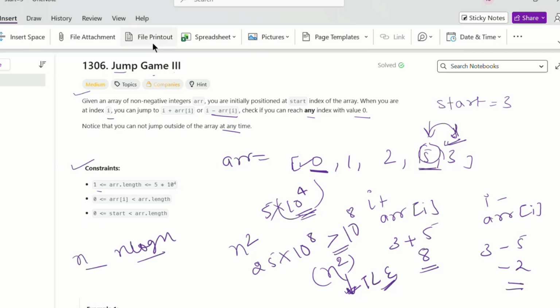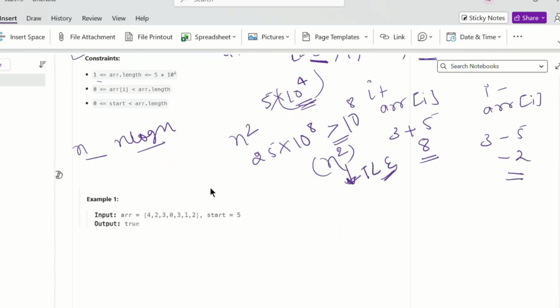So if we see the first example for better clarity, what we have done in the first example, our arr is given 4, 2, 3, 0, 3, 1, 2 and start is 5. Start is 5, that means 0, 1, 2, 3, 4, 5. So we are initially at this index. So from this index, we can move either to i is 5 plus arr[i], that is 1, or 5 minus 1.